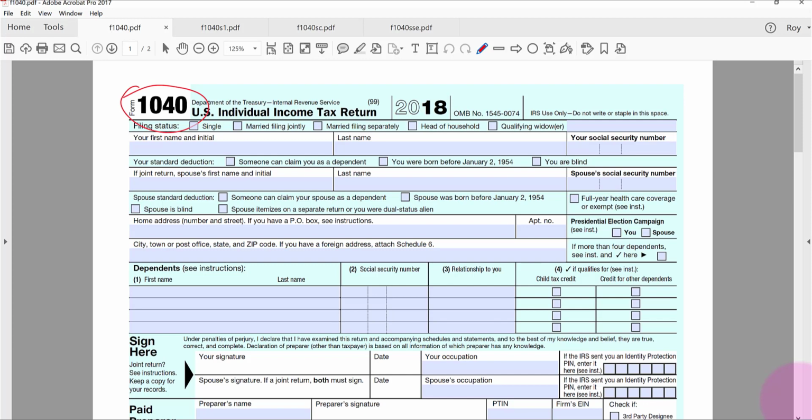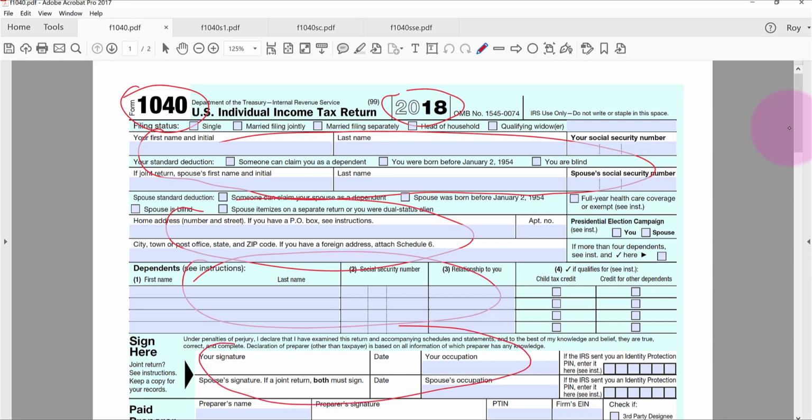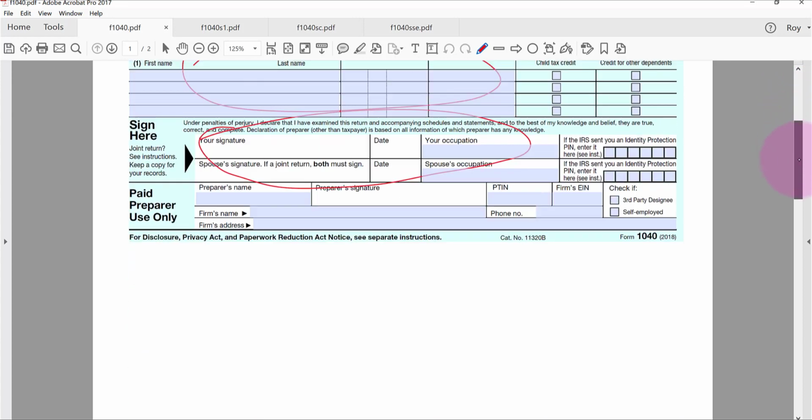What you're looking at is the new 2018 1040 form. That's just a half sheet, not as small as a postcard, but a half sheet, both sides. On the front side, you have the name of the taxpayer, social security number, address, dependent information, and signing off authorization for the return. But on the back side,